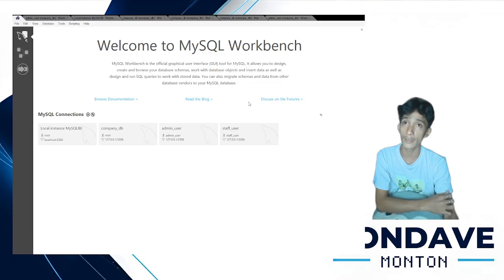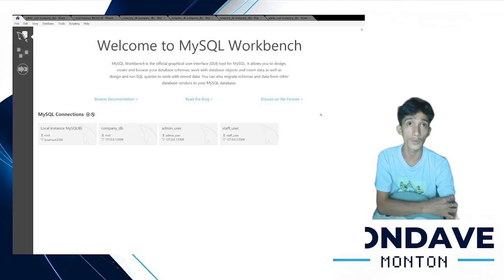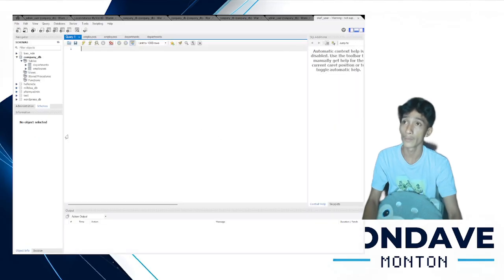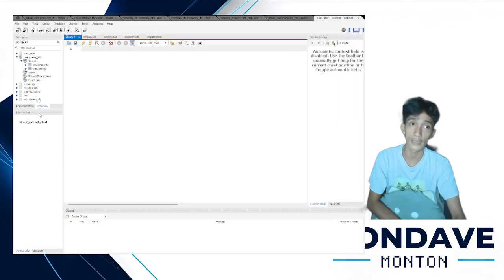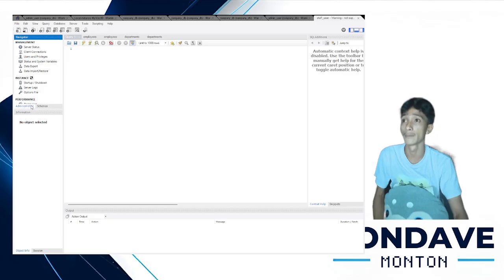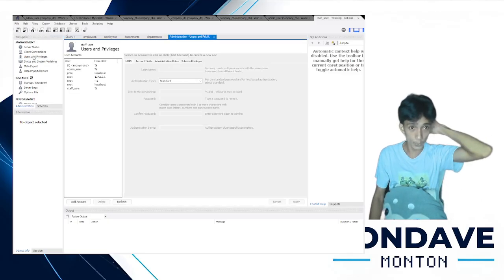Now let's proceed to the staff user. Same with the process, we just have to log in here. Same process on the staff: create, add user, but here's the twist.